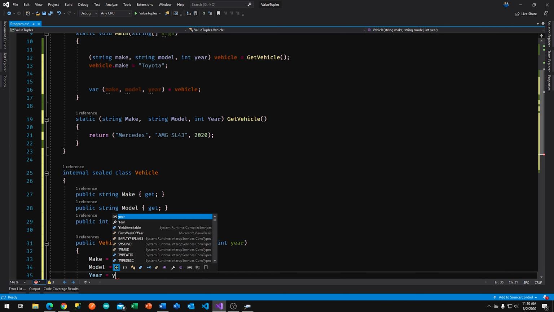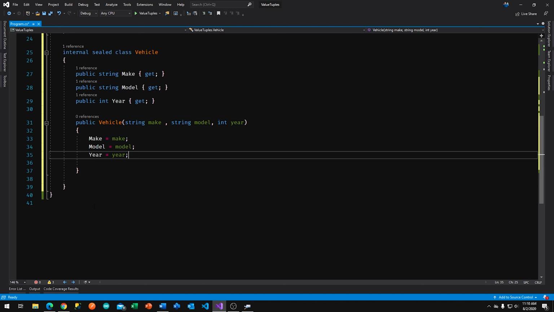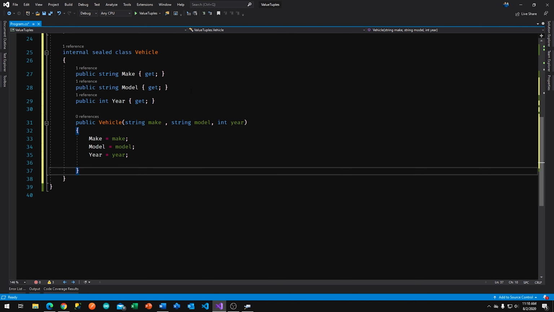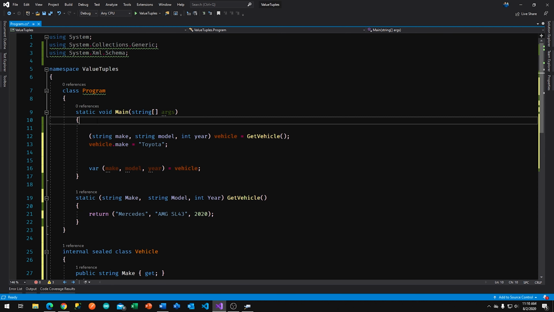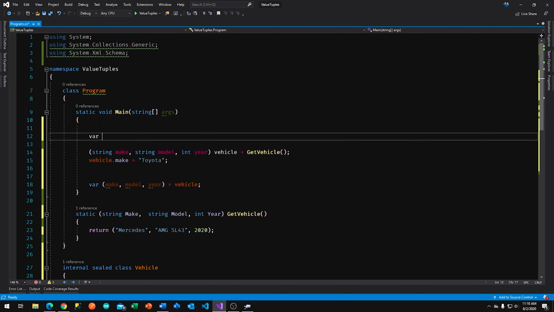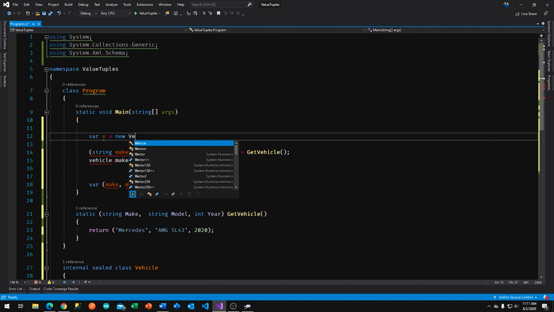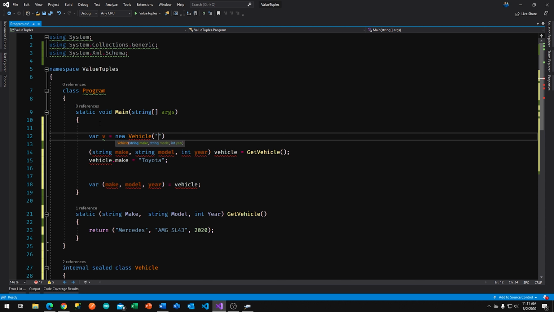Okay, so this is just an immutable type. I have my own type here, which I'm going to call Vehicle, and I want to be able to use it. So I just say v is equal to new Vehicle, and over here I'll say